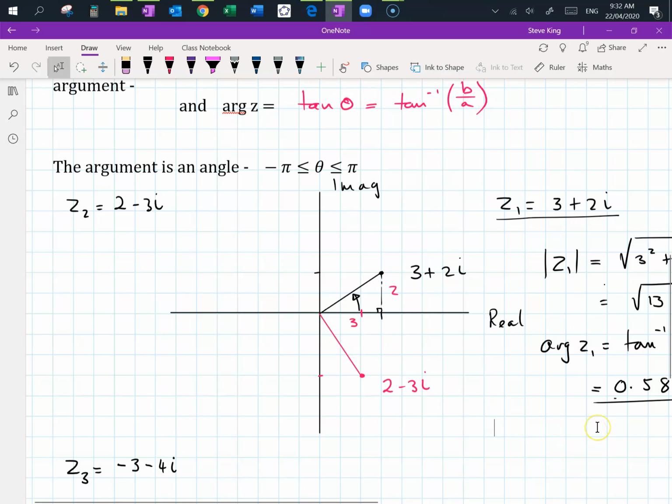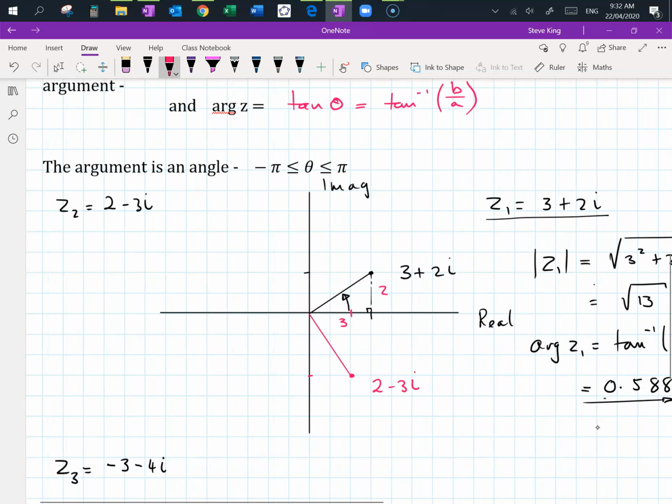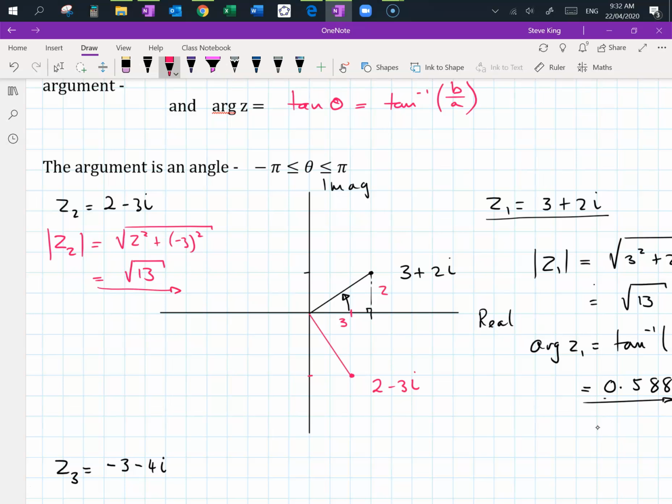So I now need to work out the modulus of that. Well, that's going to be fairly similar to the modulus of the previous one. So I can say the modulus of z2, once again, is going to be the square root of 2 squared plus minus 3 squared. And that's going to be the square root of 13. That's simple enough. And then I want to know the angle that this makes with the horizontal line, that angle over there. So the argument of z2 is going to be tan to the minus 1 of